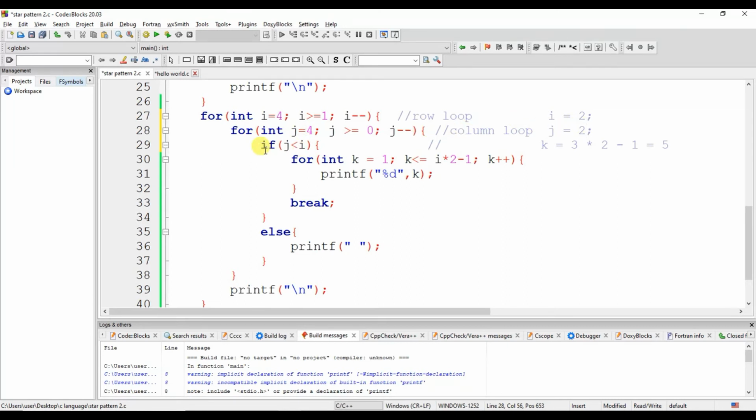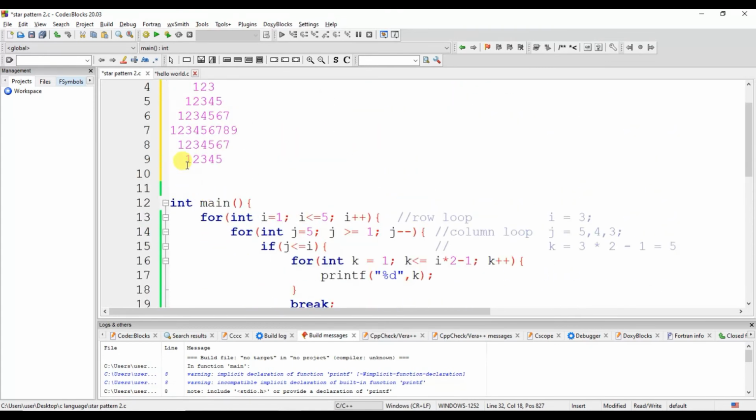When J becomes 2, this condition is also not satisfied, so this will print 3 spaces. Then J becomes 1. At this time the condition will be satisfied. I is equal to 2, 2 into 2 minus 1 is equal to 3. This loop runs 3 times and prints 1 2 3. So we give 3 spaces and print 1 2 3.